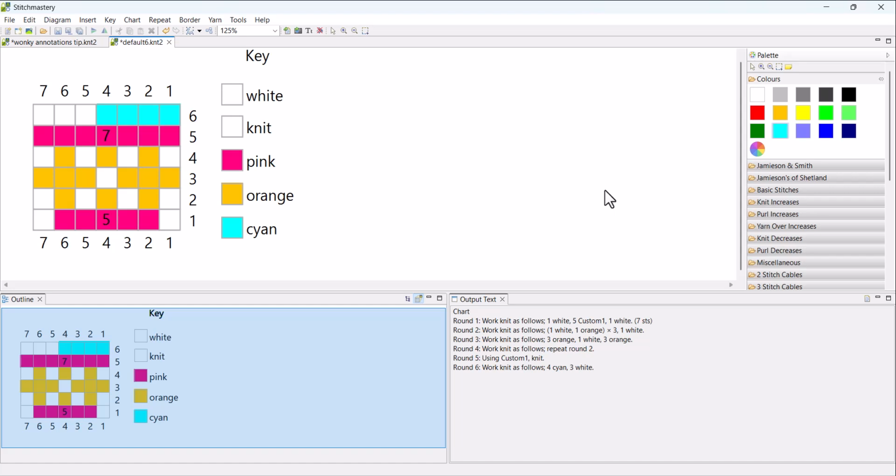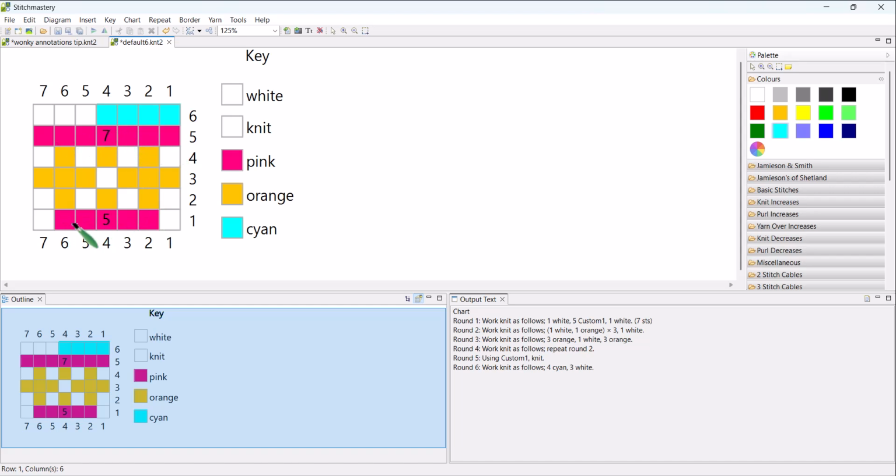This tip is the second in a series of videos looking at possible reasons for your repeated stitch annotations being wrong. Repeated stitch annotating is a tool which you can turn on either when you set up a chart or afterwards, and it automatically adds a number onto any stretch of the same stitch that's appearing multiple times consecutively. So in this example, the annotations are set to be added when there's 5 or more of the same stitch at a time. So we have 7 stitches here with a 7 annotated.